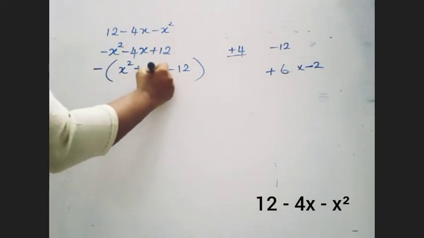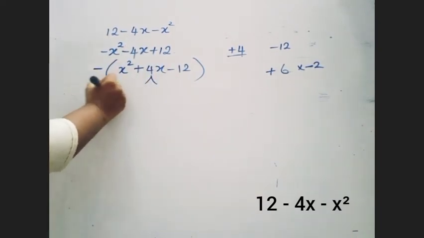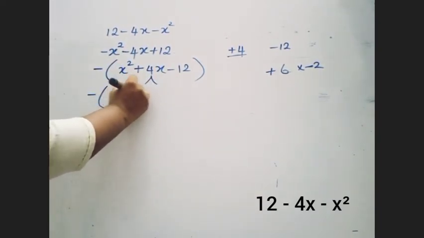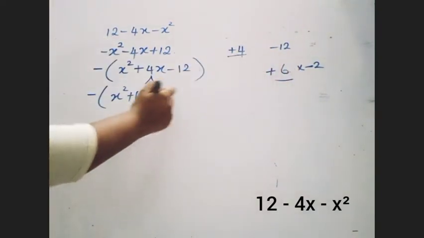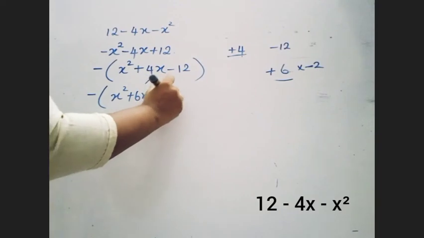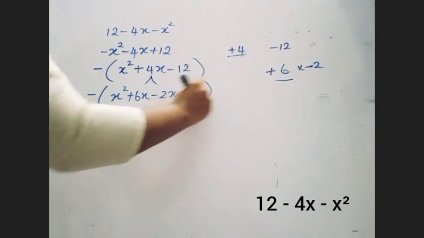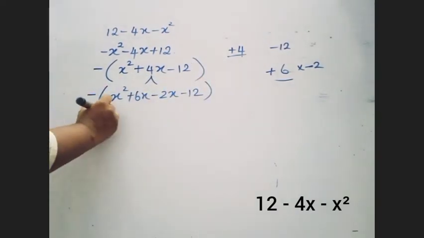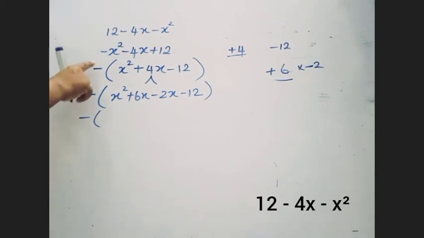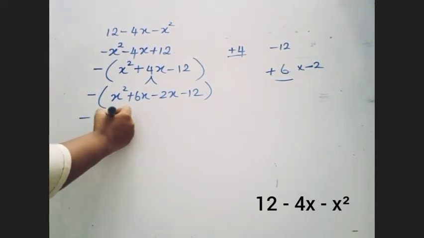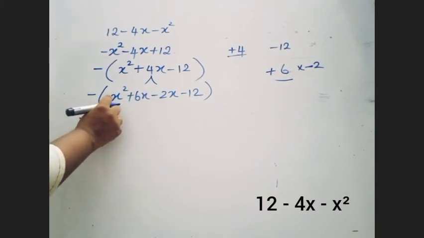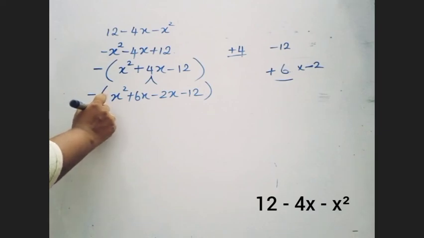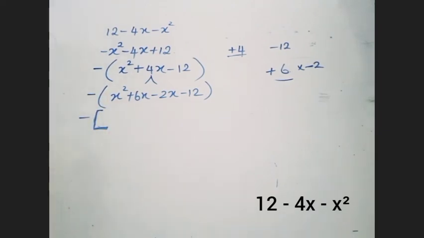Now let's split this and write minus x square, here plus 6x, and then negative 2x, negative 2. After that, it's going to be in the usual way. Other than that, you have a minus in front. Don't forget to put that as well. Now let's factorize these two pairs first. So since we have another bracket, I am going to use the square brackets here.